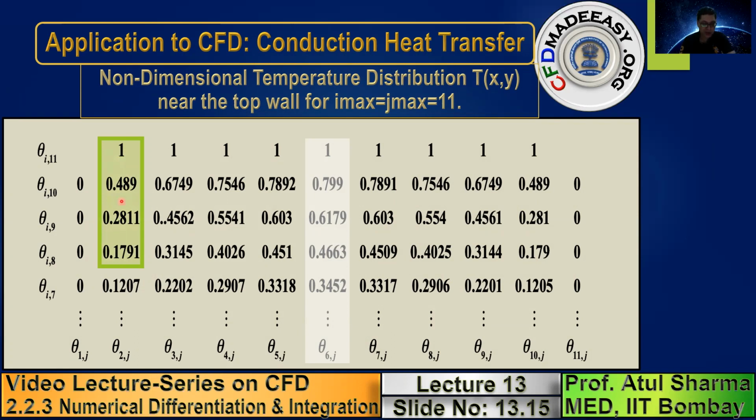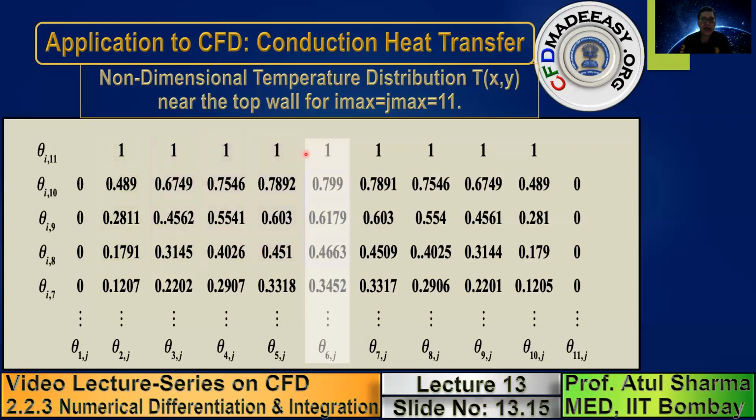Just to show you, to calculate dT/dy, the backward differencing will involve the temperature here minus the temperature here, divided by the distance between these 2 points. Similarly, I had shown you formulas when you have 3 points and 4 points for second order backward difference and third order backward difference. Let us suppose we are using second order backward difference. So using these 3 points, you can calculate the heat flux here.